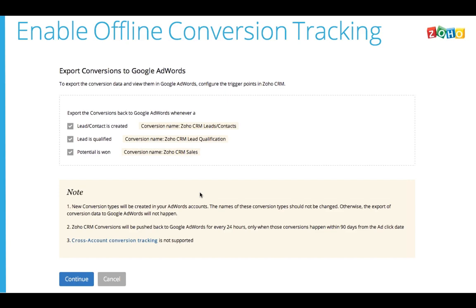So those were the basic pointers which you need to keep in mind while you go live. Rather, you can always go live, but just need to keep this in mind. There are 2 important things in this. One is you need to mandatorily ensure that the Zoho CRM script is added in order to trace whether the data is coming in from AdWords or not. And secondly, you need to have the hidden element script also added to the page having the web forms. Without that, the entire flow would actually break.